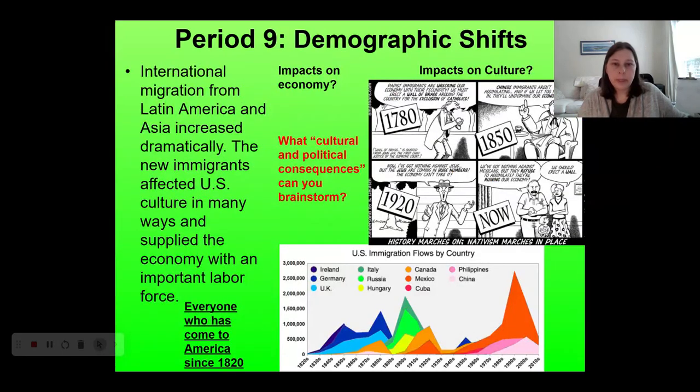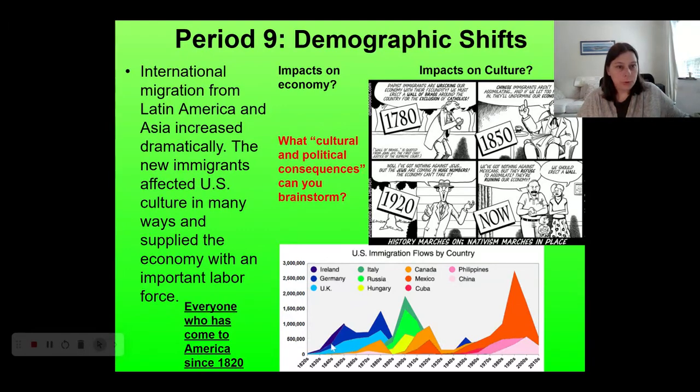Another really big immigration shift is what I was talking about on the previous slide. Since 1965, we have seen shifts in immigration, and particularly what you need to know about this third wave of immigration is that increasingly people who are coming to the US are coming from Latin America and from Asia more broadly. Previously, when we've talked about Asian immigration to the US, it's really been centered on China, but from 1965 onward, it includes the rest of Asia as well: Southeast Asia, India, Pakistan, etc. You can see immigration flows by country down here.